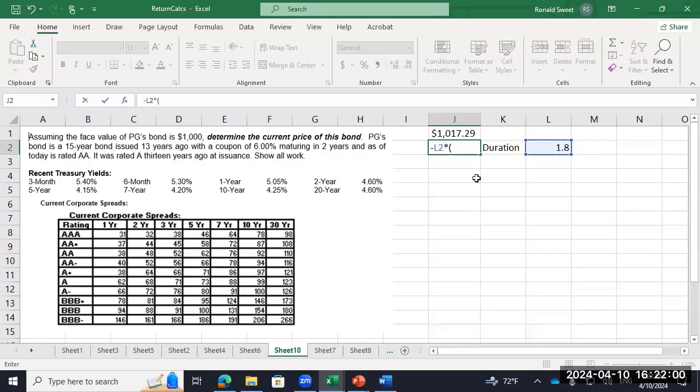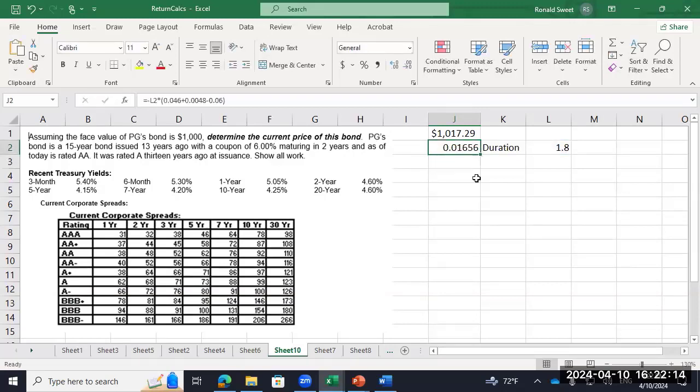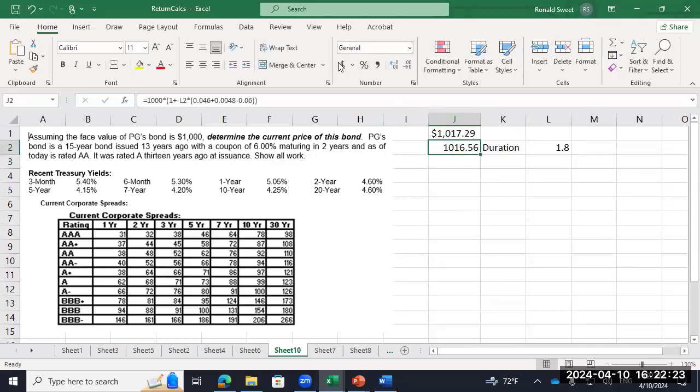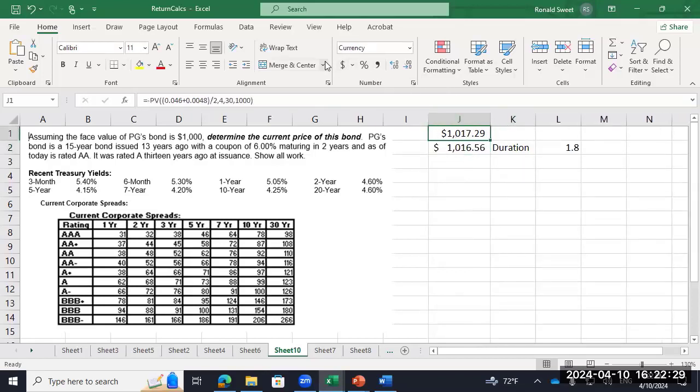So yields today are 0.046 plus 0.0048, and they were 0.06. So interest rates have fallen. So minus duration is going to give us a positive number. We'll multiply that by $1,000. It gives us another estimate. So I'm feeling pretty good so far. I don't know why Bill Gates does that, but